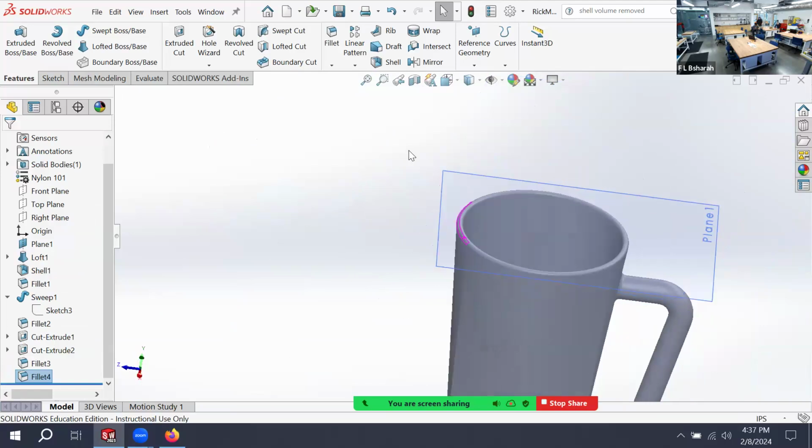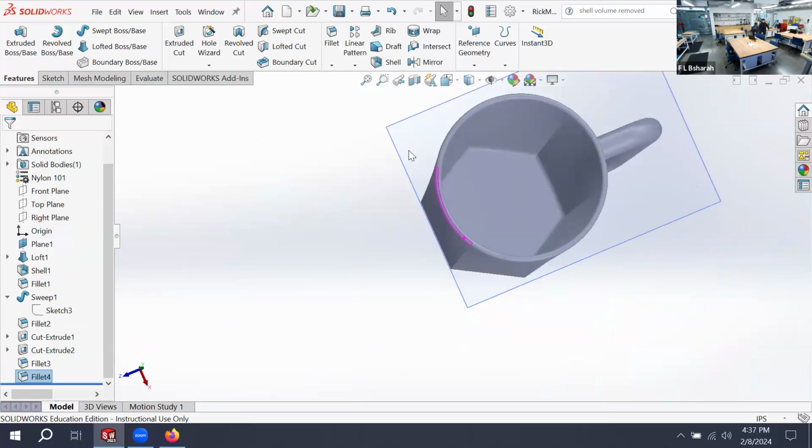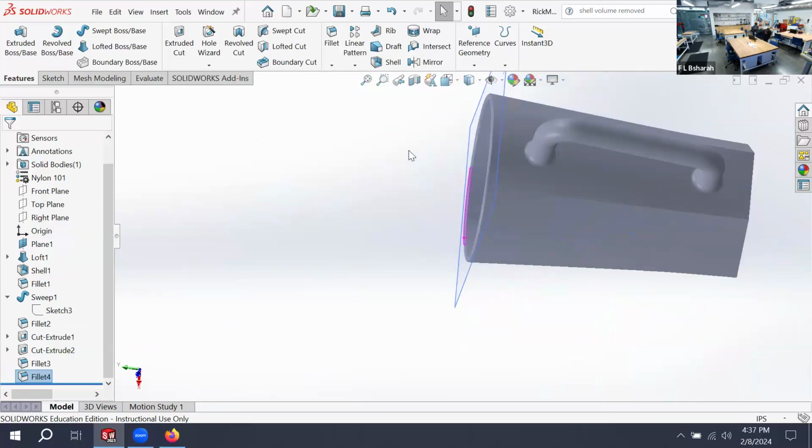Now, one last little tidbit. What if I had wanted my handle not to come out of the flat side, but to have come through one of these edges? So remember, when I looked at this part from